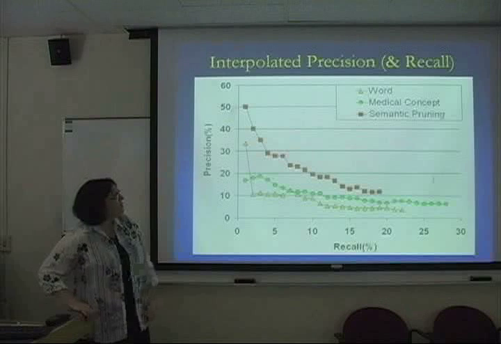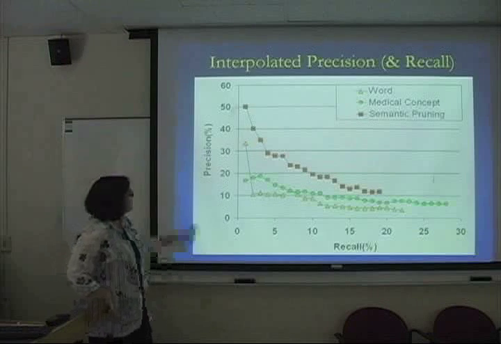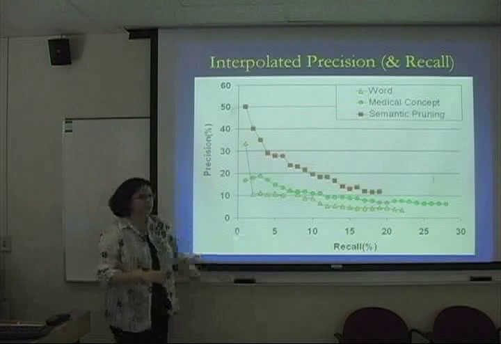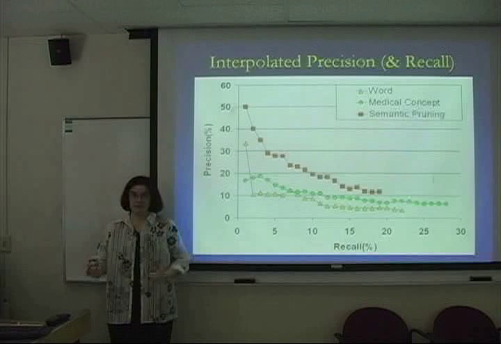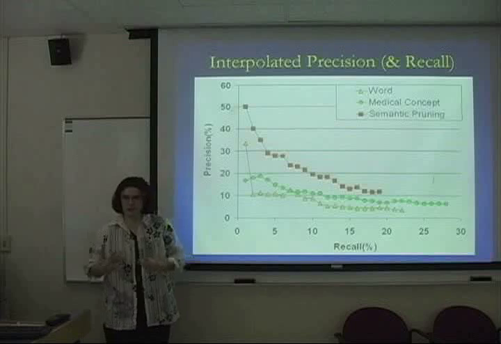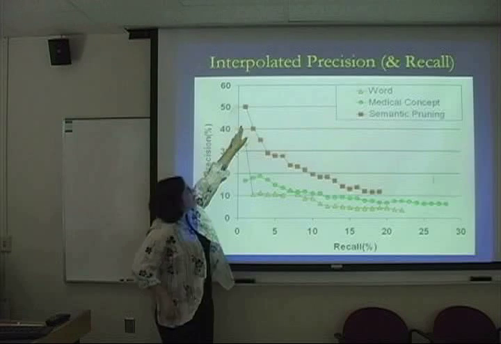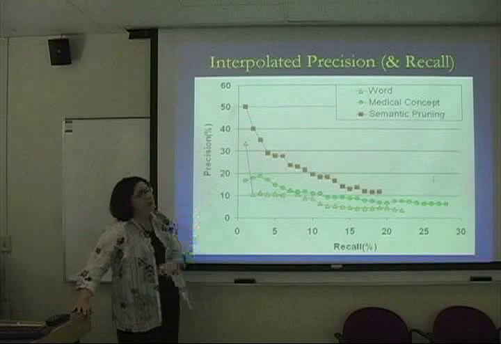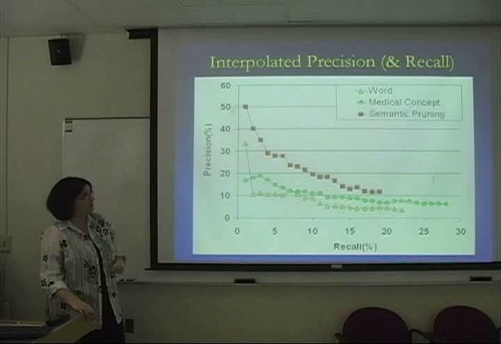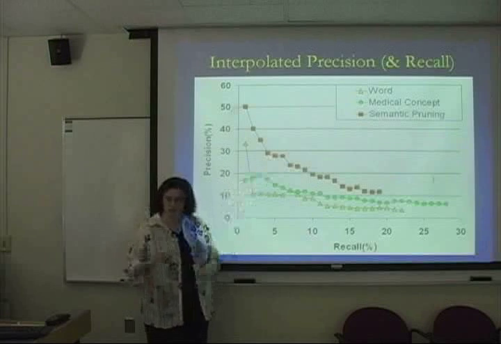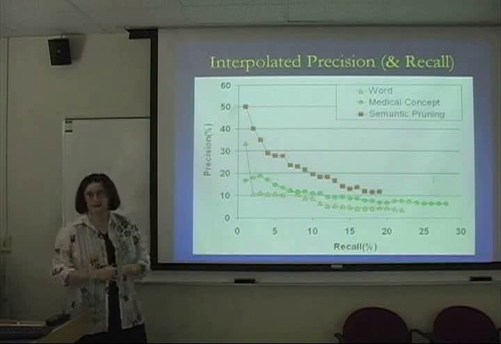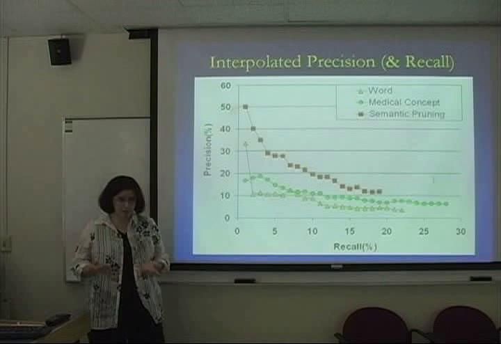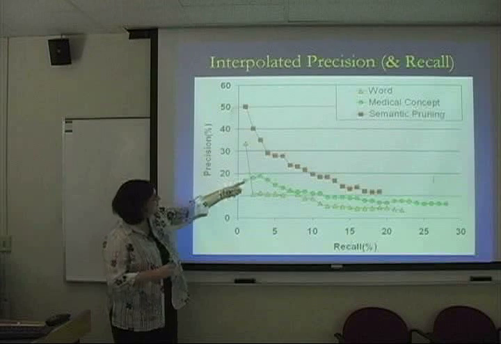This shows you the precision and recall curve. Precision is, of the things that are returned, we want them to be correct. And recall is, of all the things that exist, we want the system to get everything back. Of course they trade off each other, so you have to measure both. You can see here that for low recall, we get very good precision. So this is telling us that if we use these semantically pruned concepts, the things that come back are likely to be correct. And you can see a pretty drastic difference between the semantically pruned concepts and the medical word